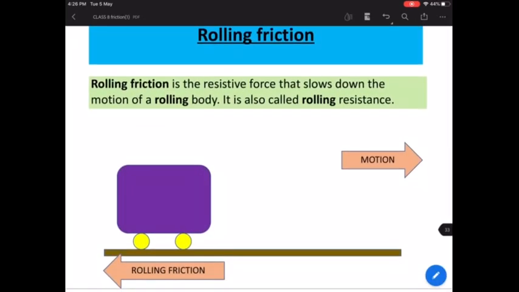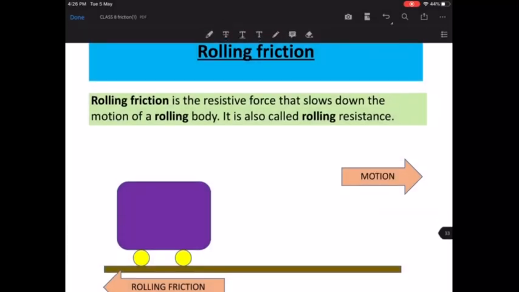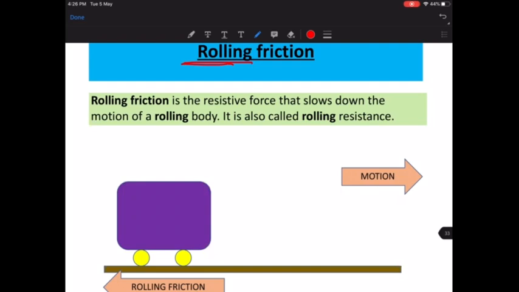Now, you should be able to tell me the definition of rolling friction also. What is rolling friction? Again, rolling friction means the object has to be rolling against another object. So the same box, I have added two small wheels to the same object. Suppose I have a book. Instead of sliding the book, I can put that book over 10 pencils. Pencils are cylindrical. If I put it over 10 pencils and push that book, the book will easily go forward. It is the same case.